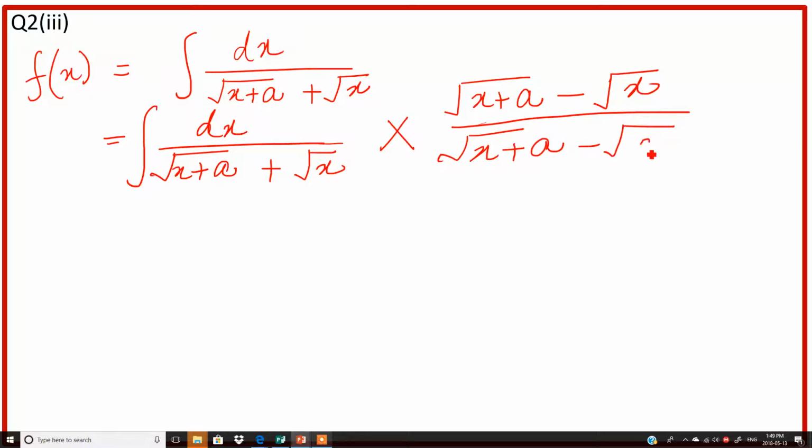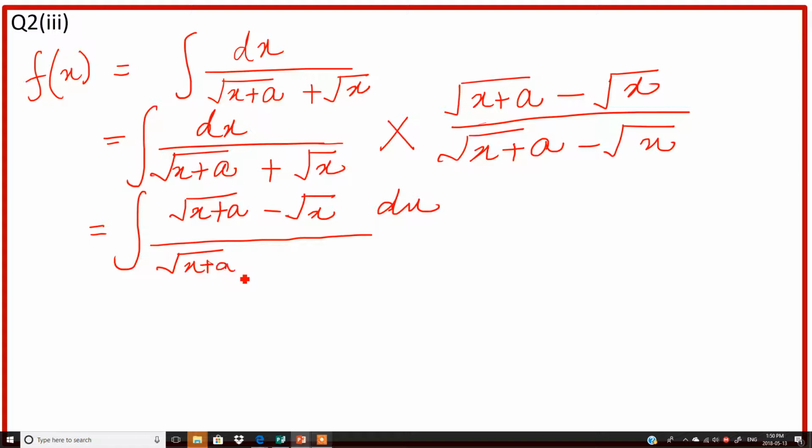Mathematically, these two terms cancel each other because they are exactly the same, and again we have the same question. So we did multiplication and division with the same term, so it does not make any difference to the question. Now in the numerator we have x plus a remaining, negative x,